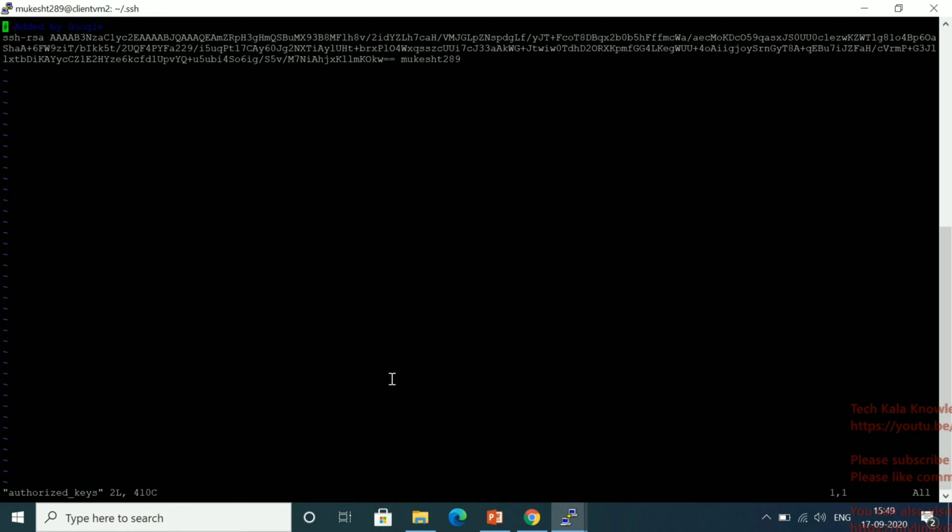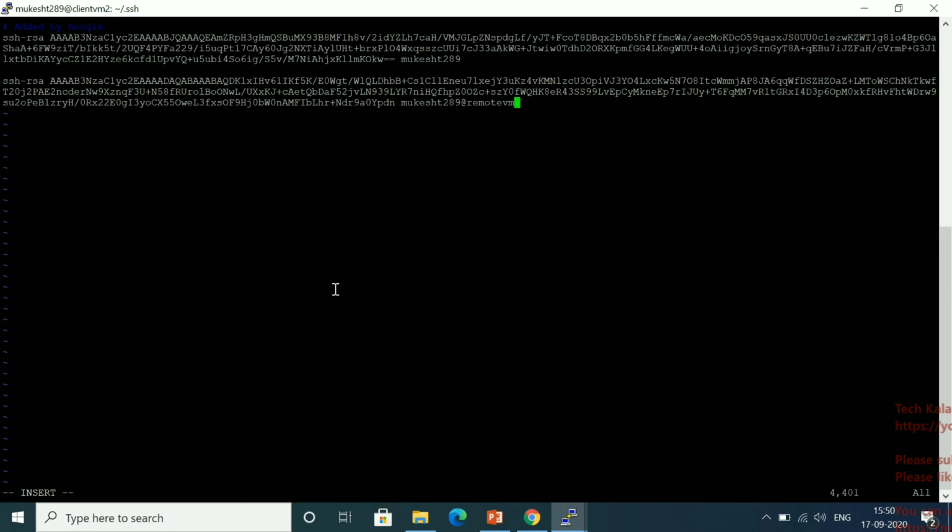and I have to add the key which I copied from the master server. Let me insert. Yeah, I copied it.